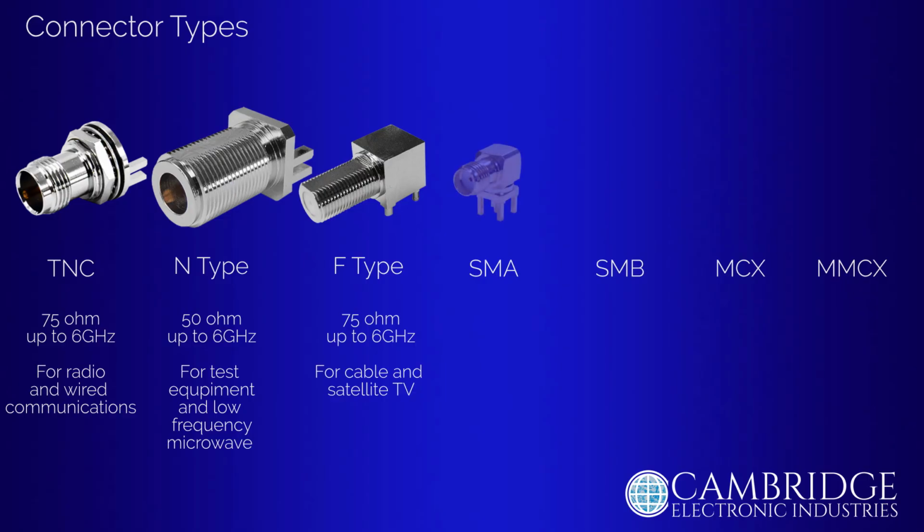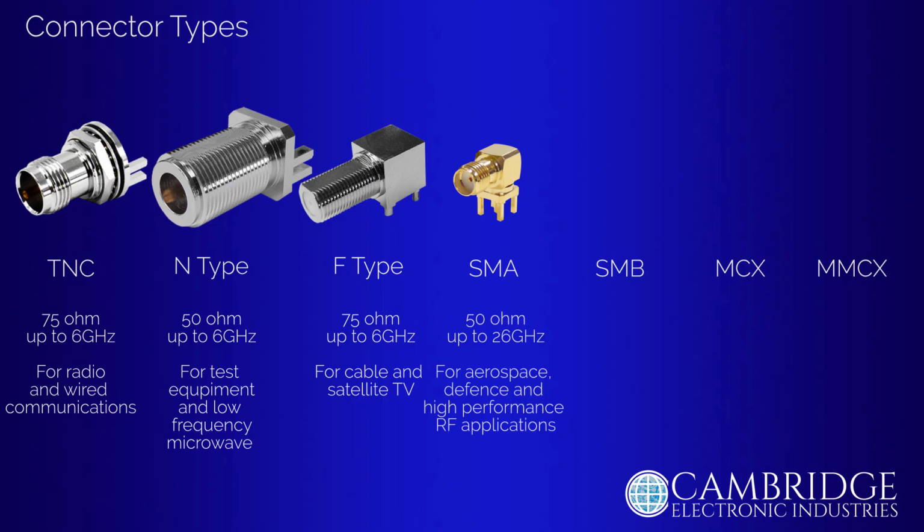The SMA Subminiature Version A connector is a widely used 50 ohm connector with a screw locking coupling that ensures a secure connection and reduces vibration issues. Standard SMA connectors operate at frequencies from 0 to 6 GHz, while specialised models can reach up to 26 GHz. They are commonly used in aerospace, defence and high-performance RF applications, with some designs employing peak insulators to guard against